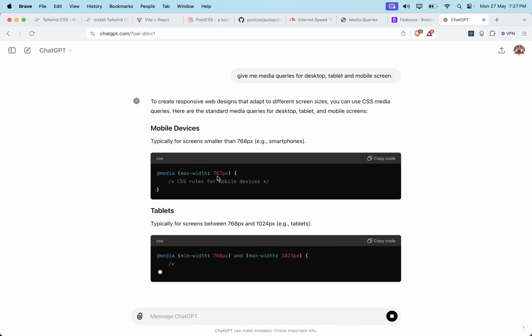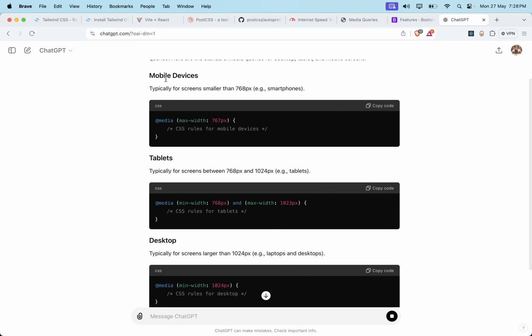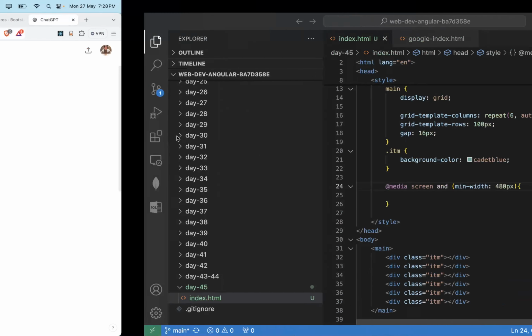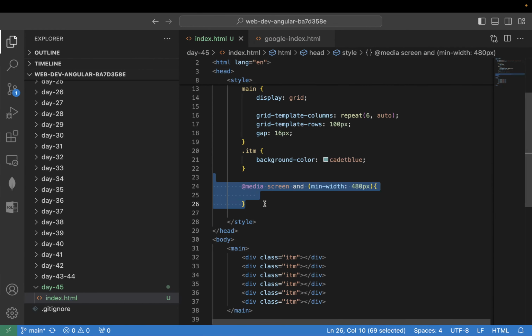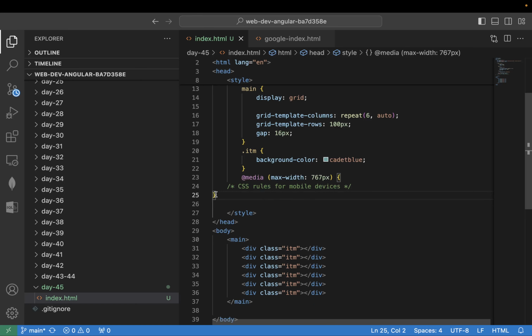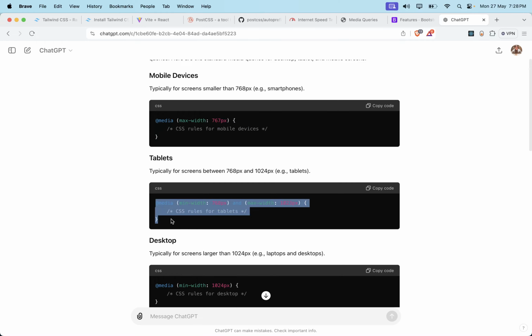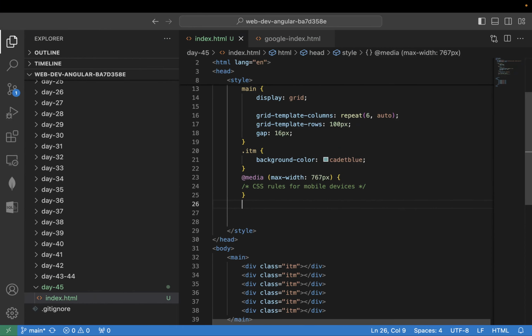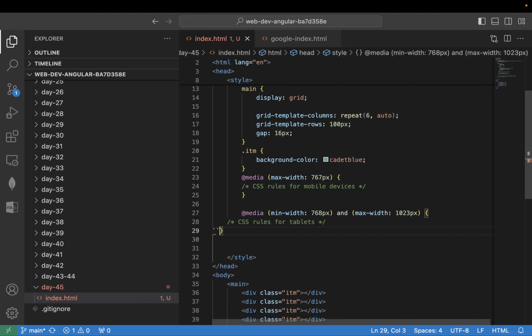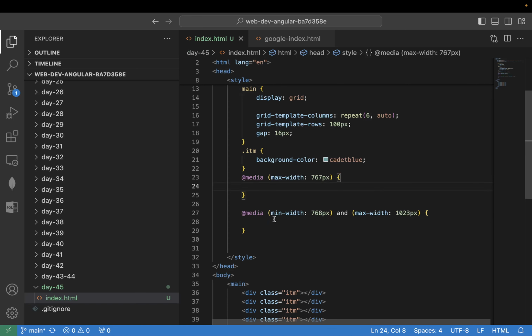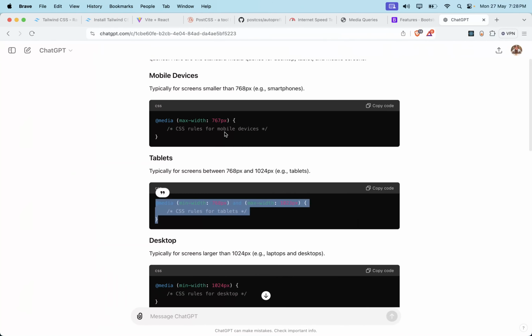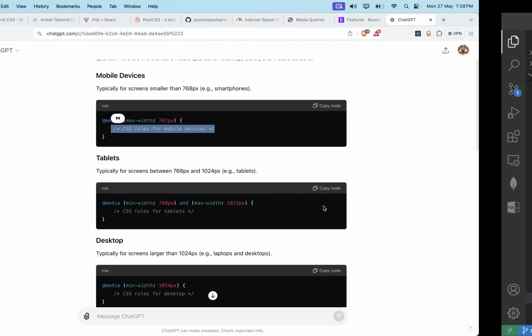Max width, and see, for the mobile devices this media query would be used. Let's go here for the mobile devices. What is a media query? We'll talk about that, but I want to show you first with the example. Then for the tablet, can you see you are changing the pixels? Here you are checking the pixels. So here @media minimum width 768 pixel and max width 1023. What is this? This is the CSS rules for the mobile devices,